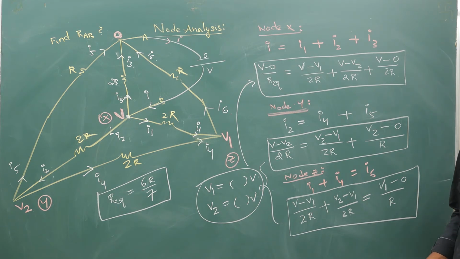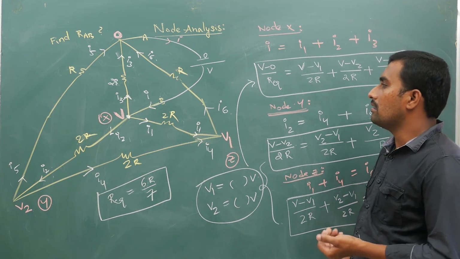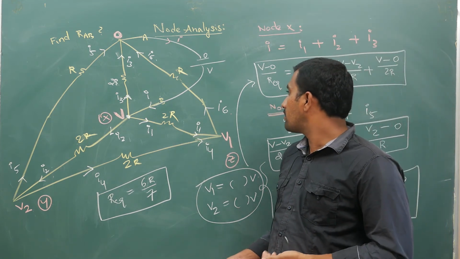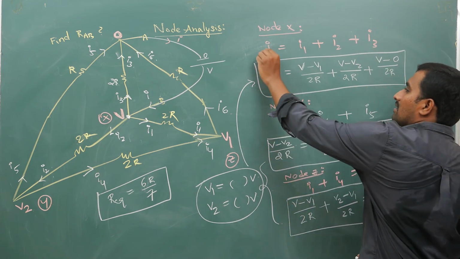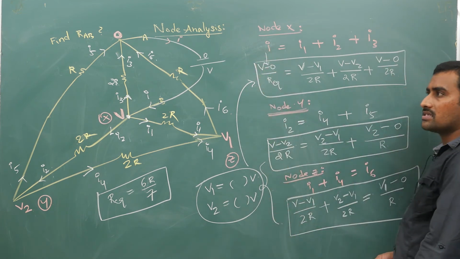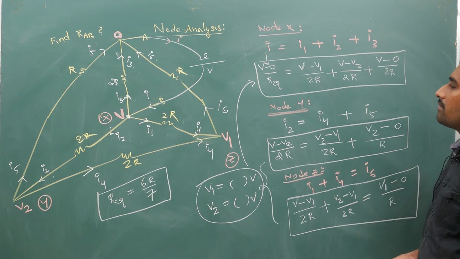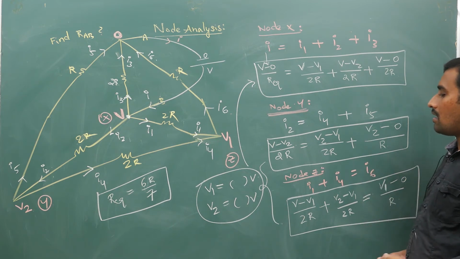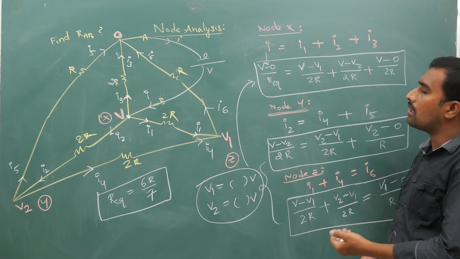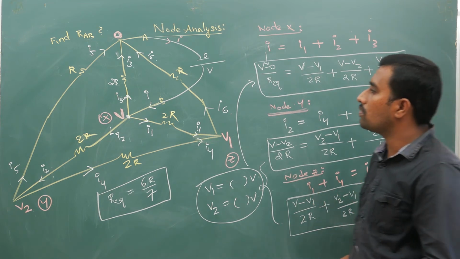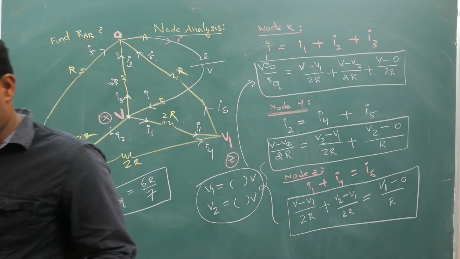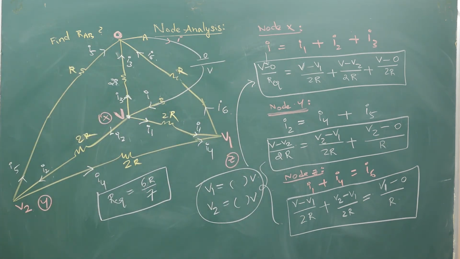So I have started by connecting a battery. I have assumed R equivalent resistance here for this current I, from the previous step. So it is V minus 0 by R equivalent. Then I have taken nodes, I have marked the potentials. Then I have written what I have told you in the explanation. Now do these questions, then you will have some clarity of what is happening, before I continue further.